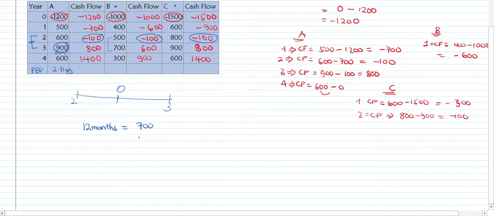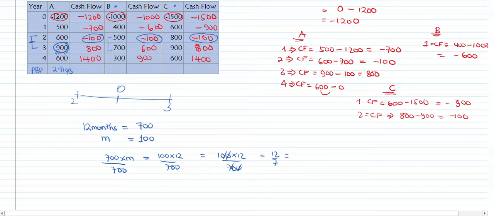700, then what we are owing of 100, how many months are we able to generate? Let me call it M. So I'm going to get 700 by M is equal to 100 by 12. So I'm looking for M, so divided by 700, divided by 700, and I'm going to get 100 by 12 over 700. I'll be left with 12 over 7. So 100 by 12 over 700, and that is